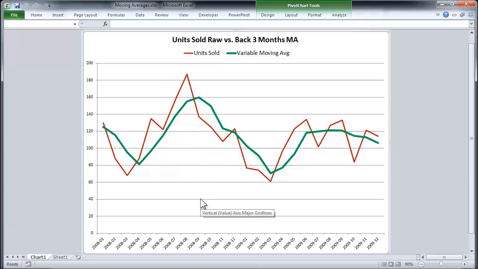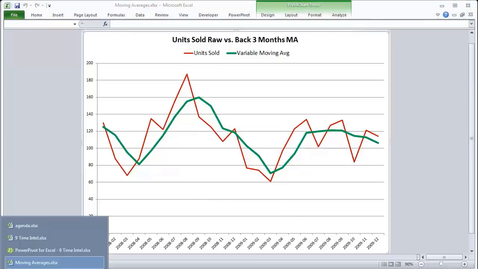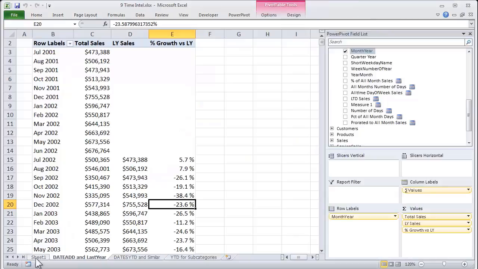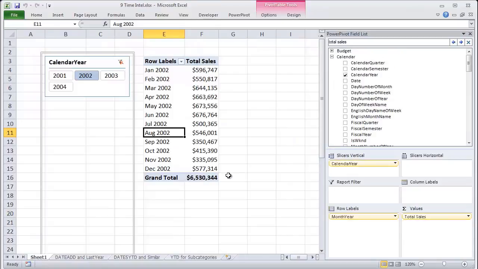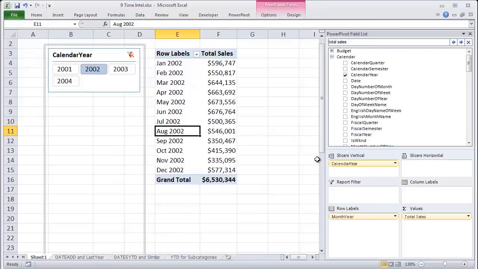It allows us to not overreact to bad news or overreact to good news. And so now let's just see how we write that as a measure in Power Pivot. Okay, back to our original workbook. And I have a pivot table waiting for us here that has total sales displayed on a month-by-month basis. And I have it filtered down to 2002 with the slicer here, just so we can have a smaller lens